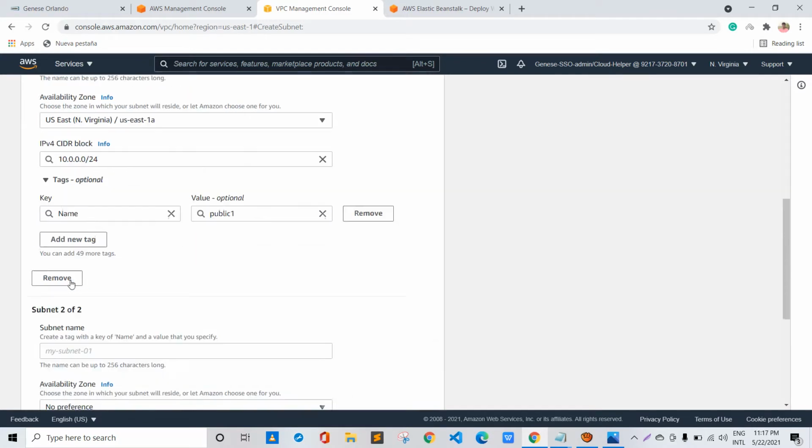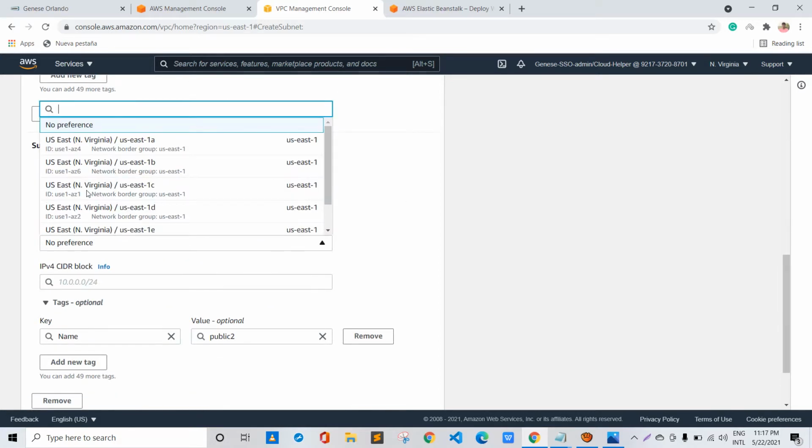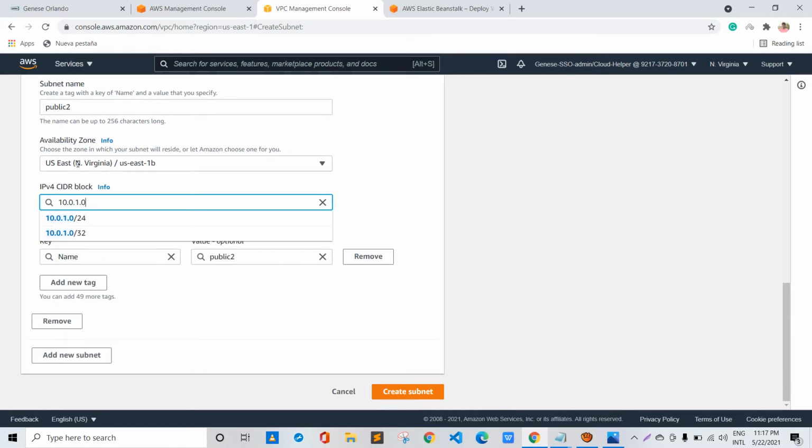Again I will add a new subnet and name it public 2, and for this I will choose US East 1B. The IPv4 CIDR block for this subnet would be this one.